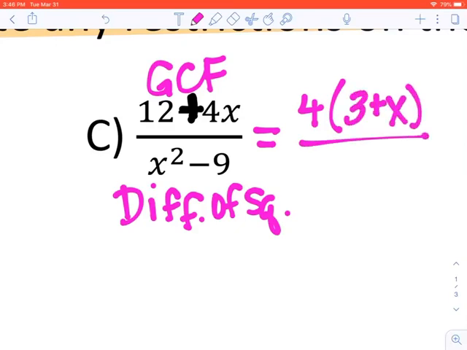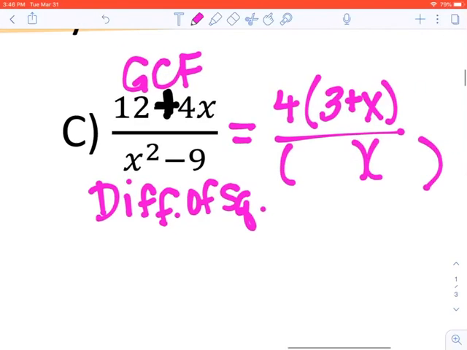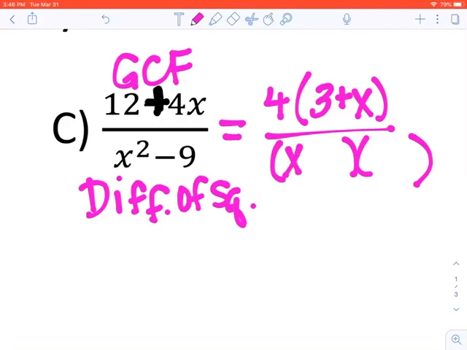Okay. On the bottom, my difference of squares, it's been a while here, but the square root of x squared is x, and the square root of 9 is 3. So x and 3, one is plus and one is minus. It doesn't matter which one's which. All right, so now that everything's factored, I say I have 4 times 3 plus x and x plus 3